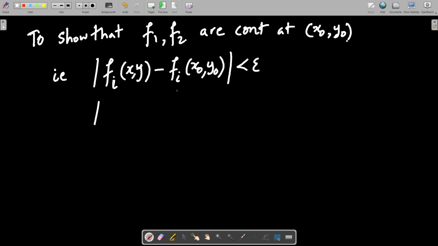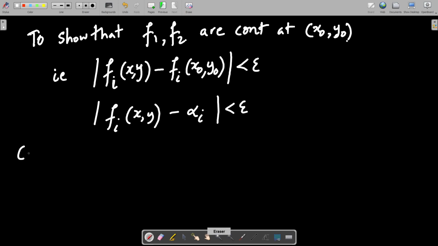But what is fi of (x naught, y naught)? This becomes alpha i, because we have defined f1 of (x naught, y naught) as alpha 1 and f2 of (x naught, y naught) as alpha 2. So we have to show only that this quantity is less than epsilon for whatever given epsilon. Now I need to do some simplifications. Before I get into the epsilon-delta business, I want to show some inequalities. Consider